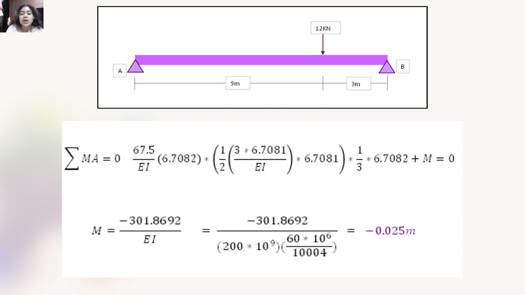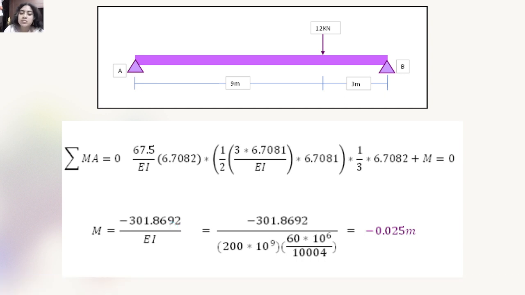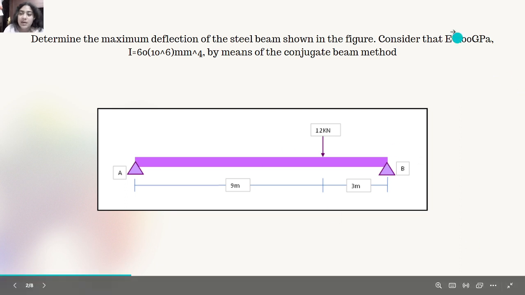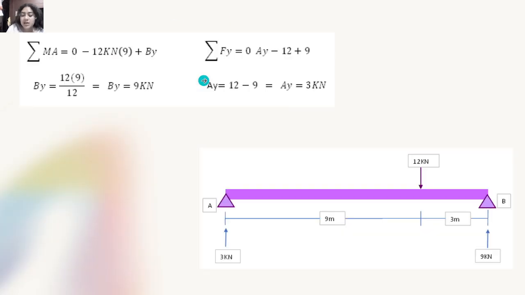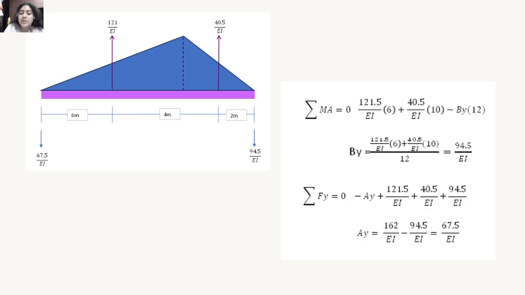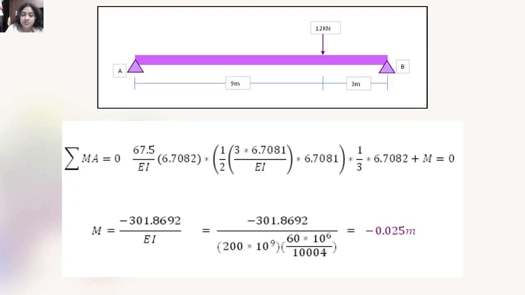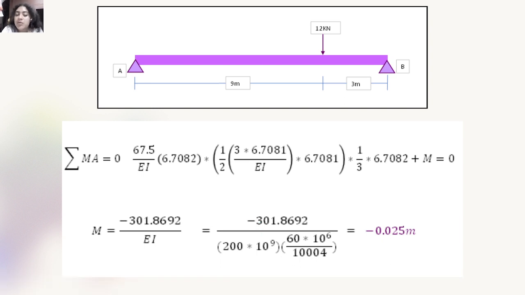0.8692 divided by the elastic modulus. In this case, change or replace the values. The values in this section are, remember, in A it's 200 gigapascals, and in I it's 60 multiplied by 10 to the 6 millimeters, and then change my value of the moment divided by E,